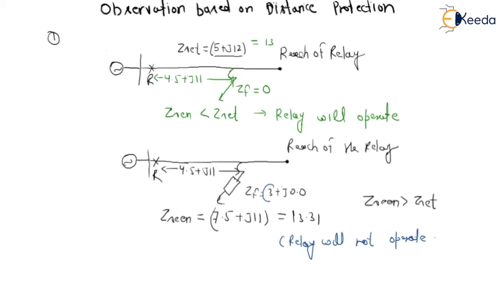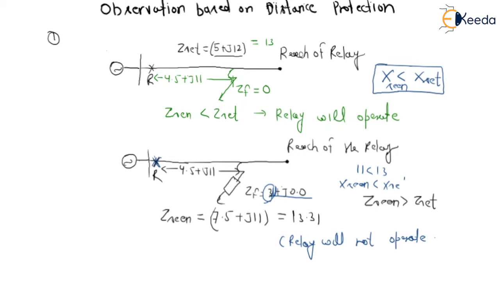So what will we do? Basically we are using the impedance relay here. In case of short transmission line, we will neglect the resistance and take the criterion X seen less than X set. The relay will operate when X seen is less than X set. Now we can verify in diagram number 2. If the criterion is X seen less than X set, then even if ZF is equal to 3 plus j0 fault resistance, 11 is still less than 13, which means X seen is less than X set.